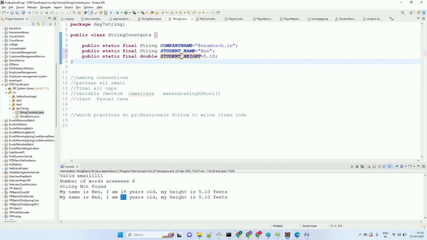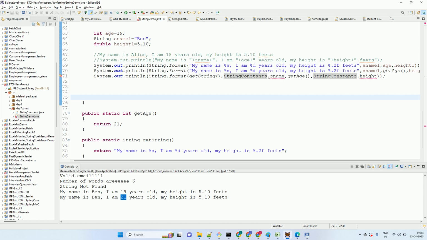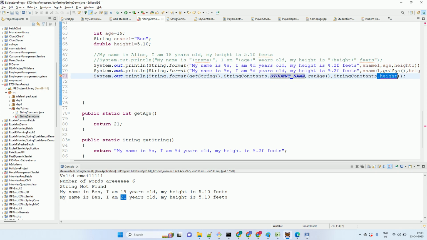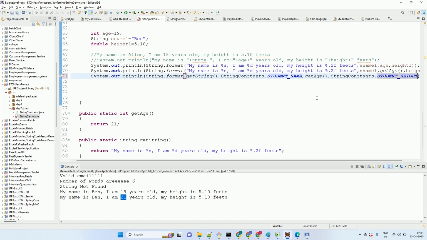So this is the real way of doing it. Dot student name, dot student height. This is what the format function will be used a lot in your real-time development. Okay. One more very important issue of the format function is